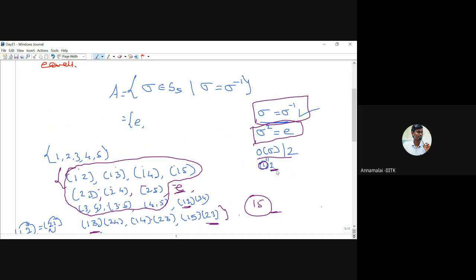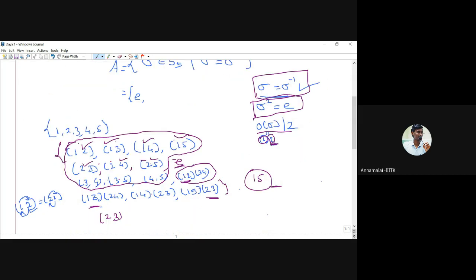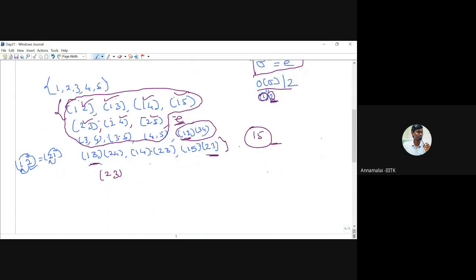Next we have to find the number of permutations whose order is 2. Order 2 means the LCM of the lengths should be 2. If you take each transposition, a transposition has length 2, therefore the order is 2. And if you take the product of two disjoint transpositions, the order is also 2. So these are all, and therefore we get totally 15. If I missed anything, please add. Just carefully count all possible products of two disjoint transpositions. Okay, I think I wrote all the things. Okay, that is the answer.